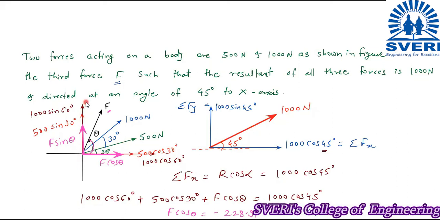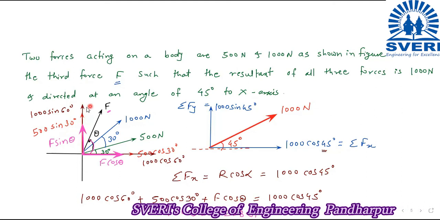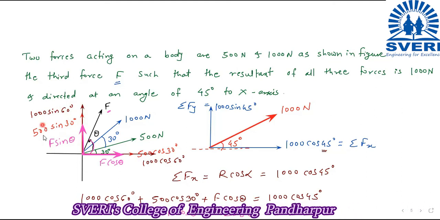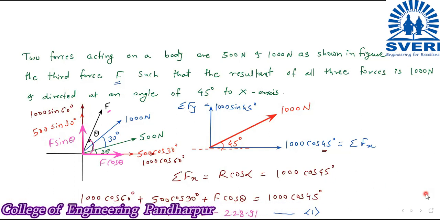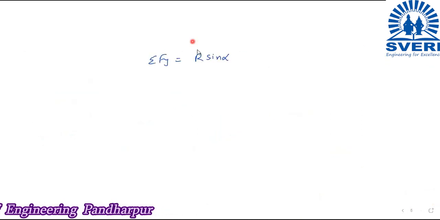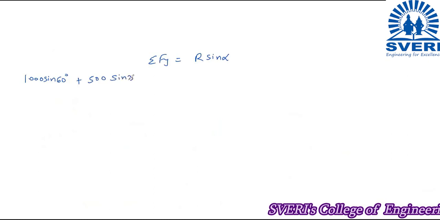So three forces are there. All the three forces are moving upwards, so all forces are positive. You just have to take these values. Okay, so 1000 sin 60, 500 sin 30,